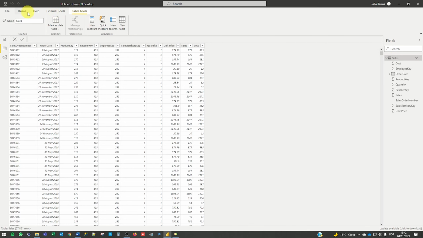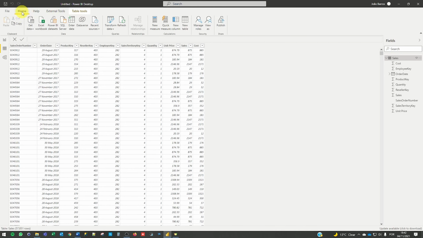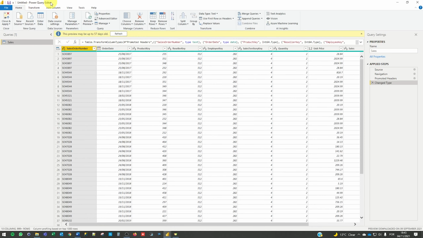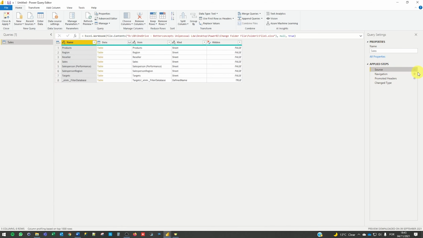How to do it? So here on the tab Home, we click Transform Data. A Power Query window will open. As you can see, we have only one query, the sales query. We have all the data, and here on the right side of the screen we have applied steps. On the first one, on the source step, we click here in the engine,